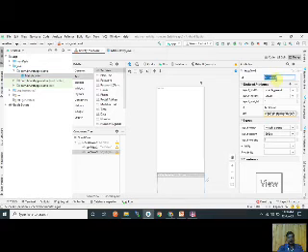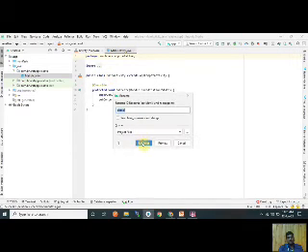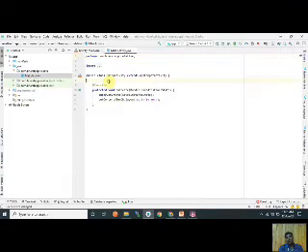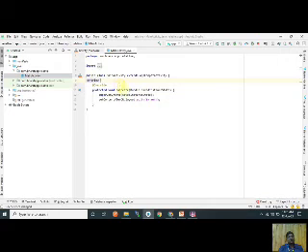I give the ID like demo, and now first we declare the object of text view. This is the class of text view, and create the demo1 variable for this. Now I attach this variable to the main text view.